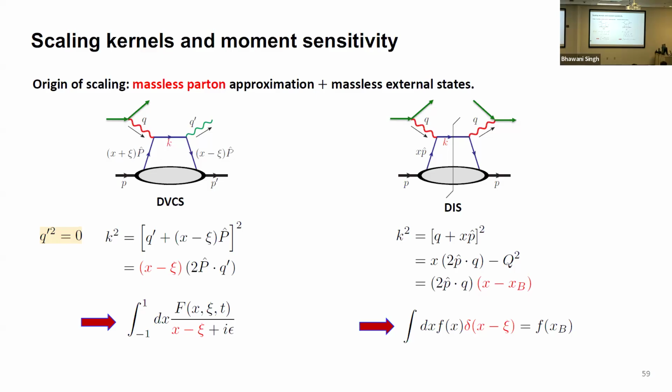And in that case, the internal propagator K, when we make the calculation, we take a square of K squared in this denominator. And that simply gives us something proportional to X minus psi, because K is the sum of two momenta. One is,